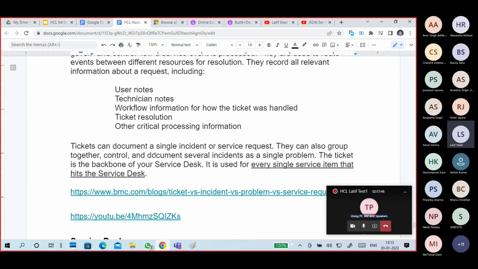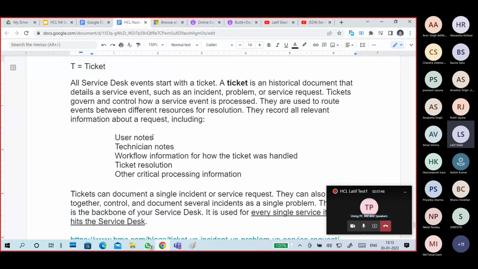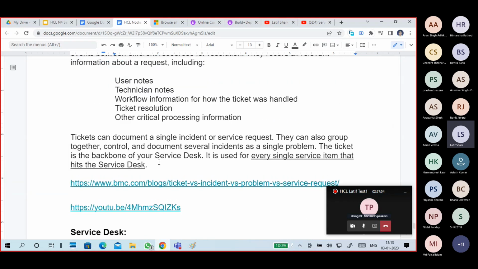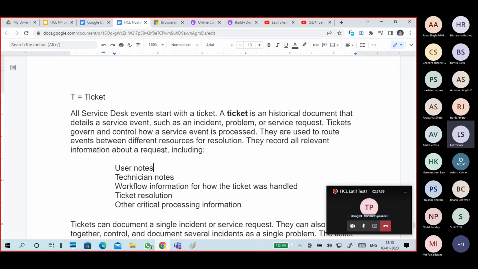Okay, guys, what is this ticket? Whenever a customer has an issue, or maybe a monitoring system sends an alert to the service desk, the event will be noted in the ticket.